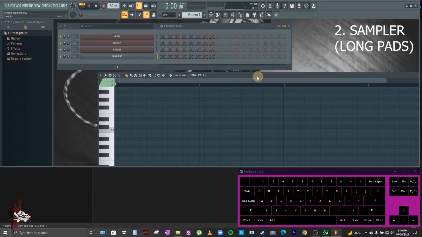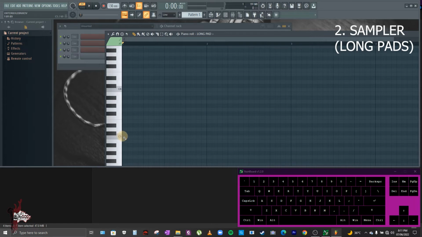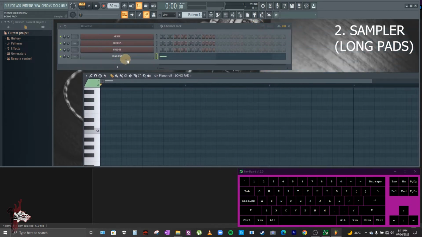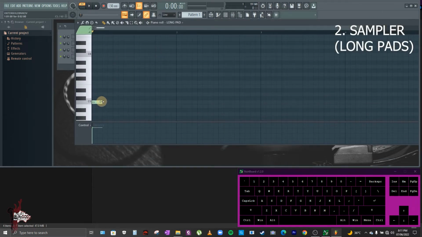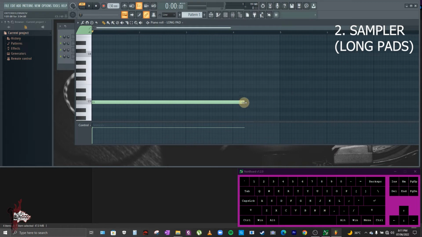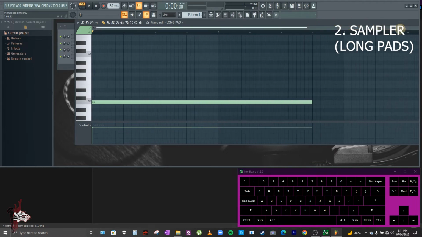Then once you're inside the piano roll, click on C5. We always use C5. Okay, now since this is like a background pad all throughout the song, we need to stretch this note all the way until we reach around 200 or 300.